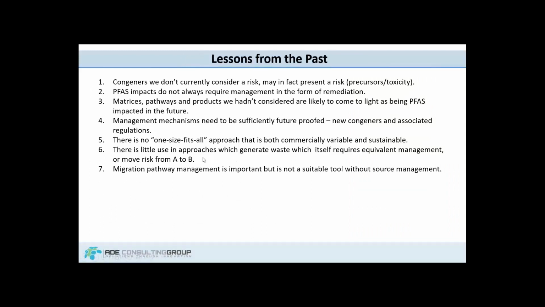So I just wanted to cover some really broad lessons from the past that are big takeaways for me from the last few years. I'm going to go through these pretty quickly. But one thing that's really important, I mentioned, is the 3 compounds that we currently assess in Australia at the moment. In different states or countries around the world, this can differ.